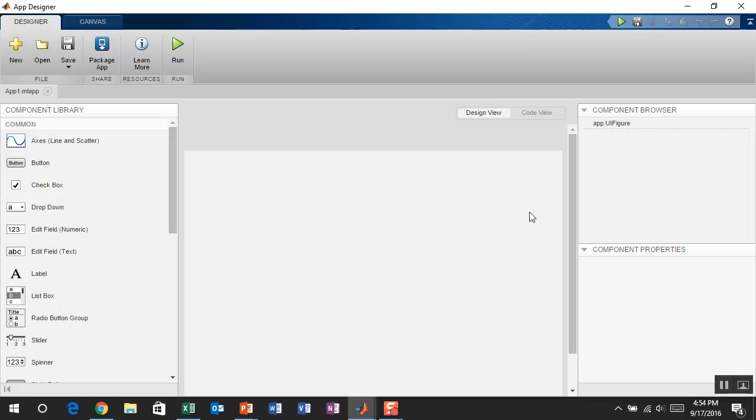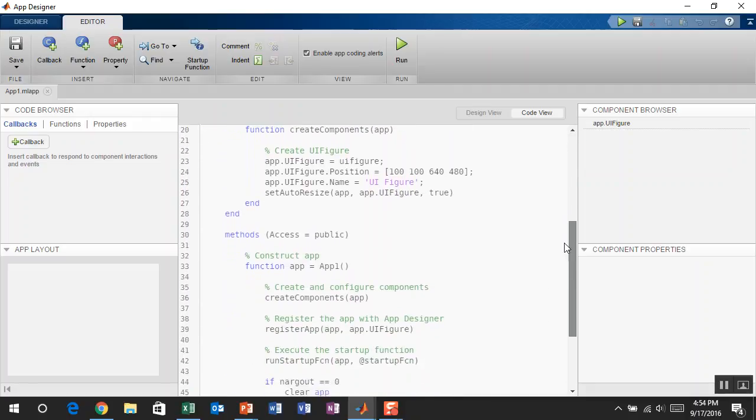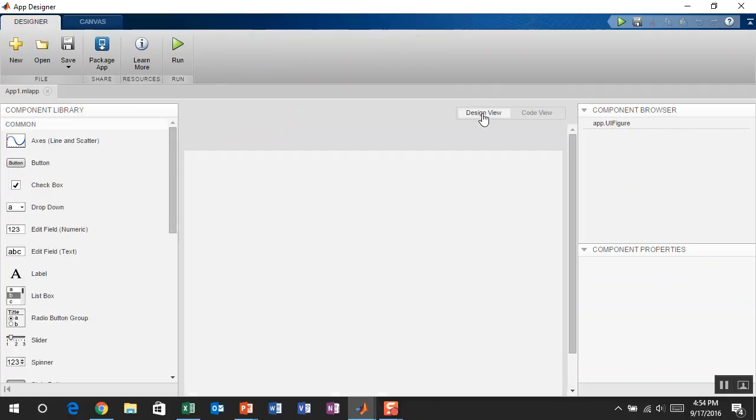All right, so what we're looking at right now is the design view, and we can click here to go to the code view. Right now, being blank as it is, this is the code behind there, and we can't actually even edit it. We can put the cursor in and highlight things, but when I'm trying to type here, I can't. I can't delete things, and that's kind of nice actually, because this is automatically generated code, and we can't mess it up. So if we go back to the design view,